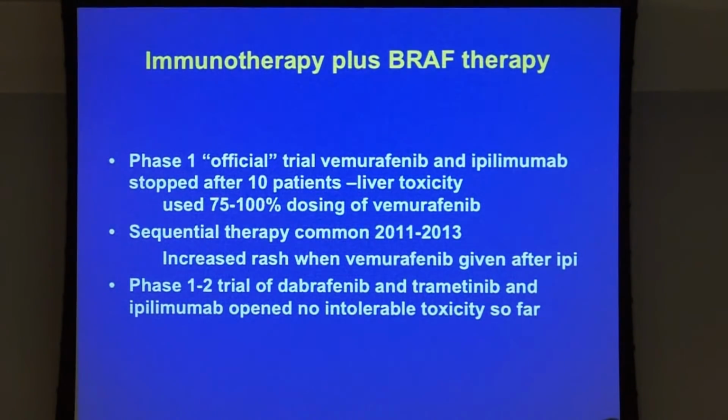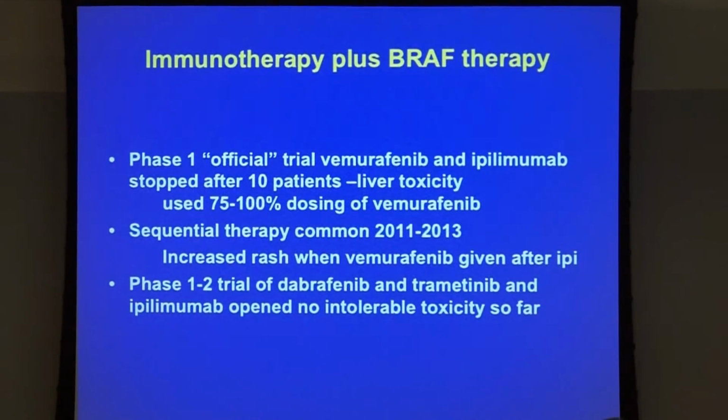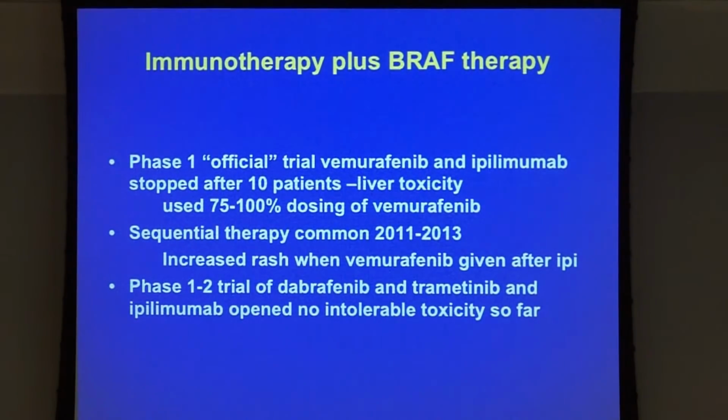As they started with a 75 to 100% dosing of vemurafenib, they stopped the trial after 10 patients because of excessive liver toxicity. And I suspect, I hope none of you are from Genentech or Roche, I don't know,